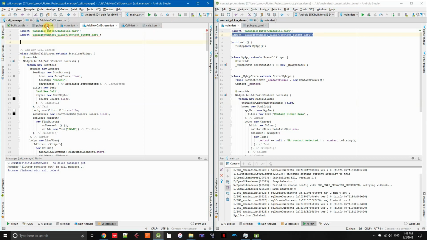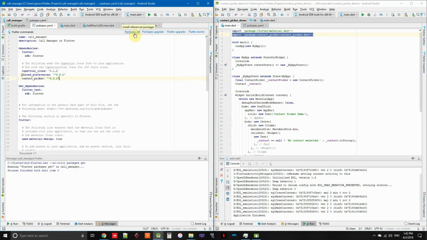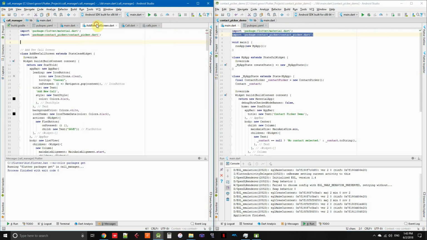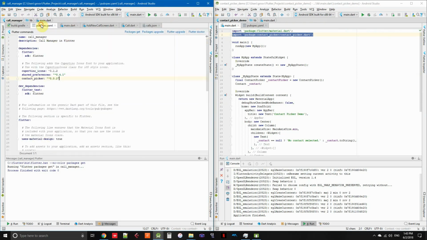Target of URI doesn't exist. I literally did the packages get. I don't know what you're talking about. I copied it. Let me do packages upgrade. I don't know why that would be different. Truthfully, I don't even know what packages upgrade does. I can assume, but